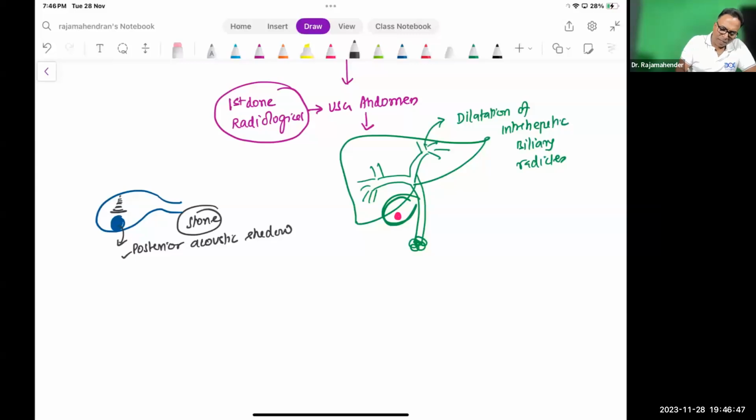And another finding is this stone will move when you turn the patient. When you turn from left to right, the stone will move. So it moves with position. Moves with position and posterior acoustic shadow are the two important findings of this patient. The stone will move with the position. This is for stone. So ultrasound anyhow will give just a classical idea whether the patient is having any stone